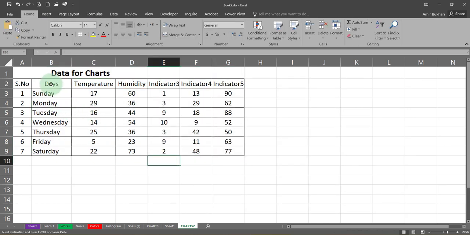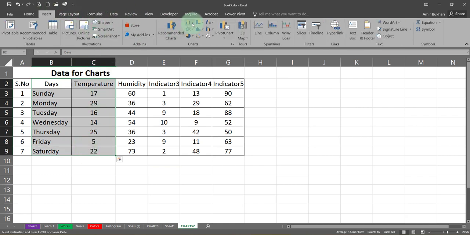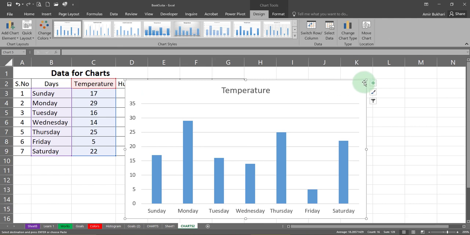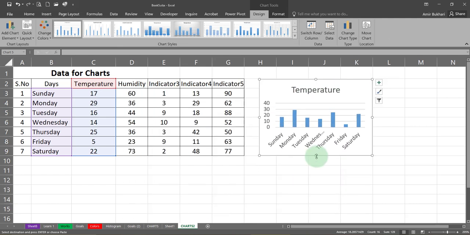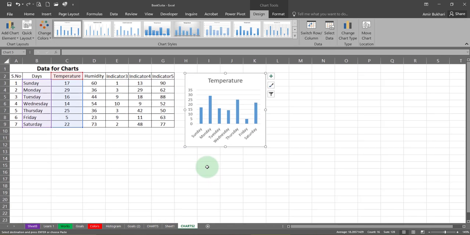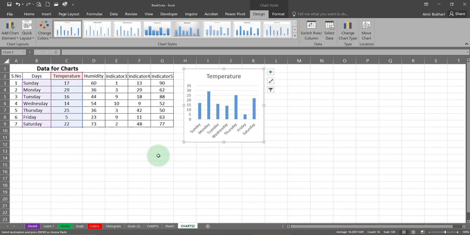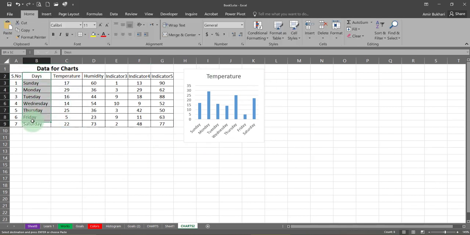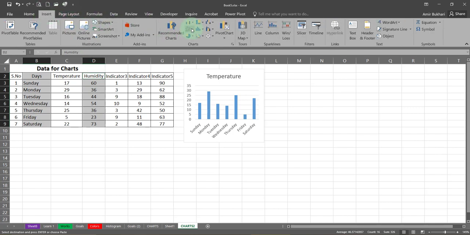Now let's say I select only this. Now I have a chart which gives me temperature only. Now for the other one we can select another chart.